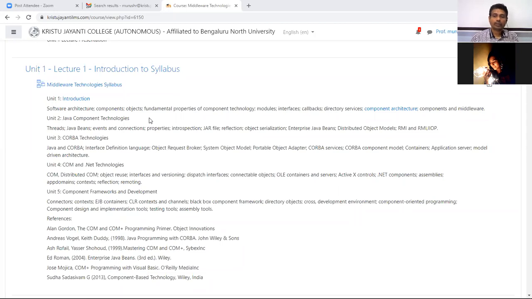And we'll be discussing CORBA services as well as the component model. We have that model-driven architecture also, that is MDA, which will also be discussed under this particular unit number 3. Okay, so this is all about unit number 3, and then we'll be moving towards unit number 4, where we'll